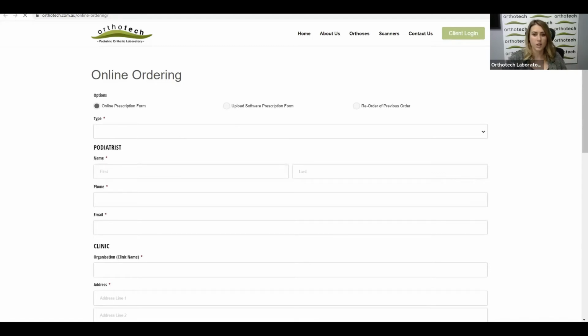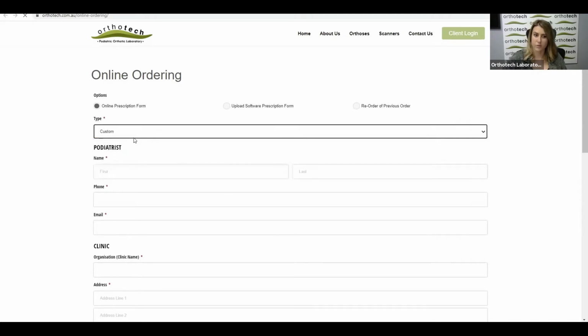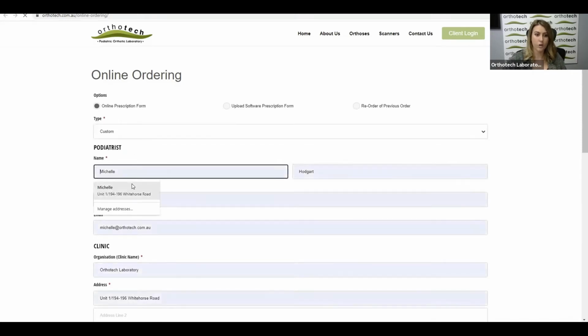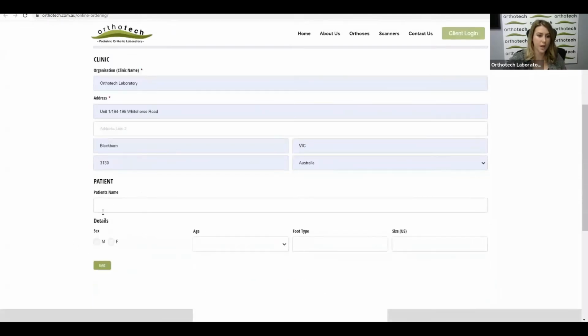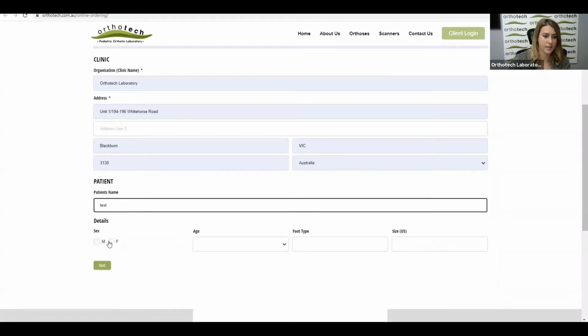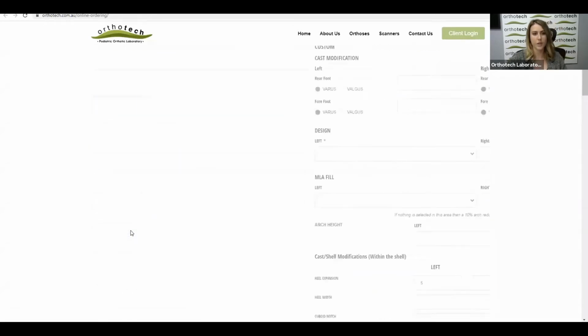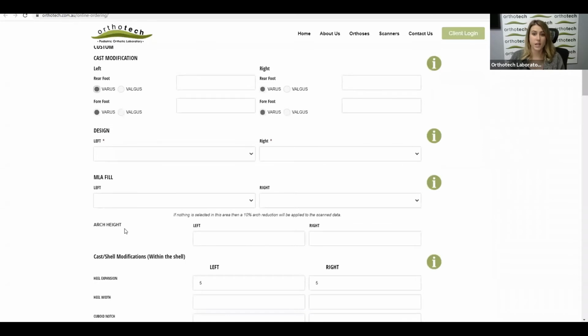So with the online script here, when we do fill it out, I'll quickly show you. For example, custom, I've got my details saved as an auto fill, which I'll show you in a moment how to do. I'm just going to do test here and go next. So if you're using the AuthorCheck 3D Mini, you know that it's connected to our software. Now you don't need to fill out that script, just need to fill out the patient's name and the defaults that are there. Press OK, scan the patient, and then there you can see that it will bring you 3